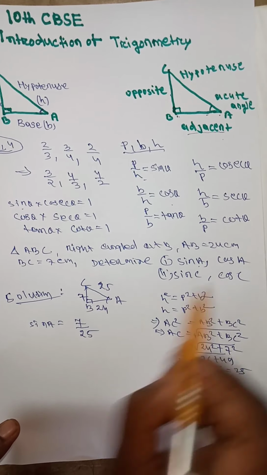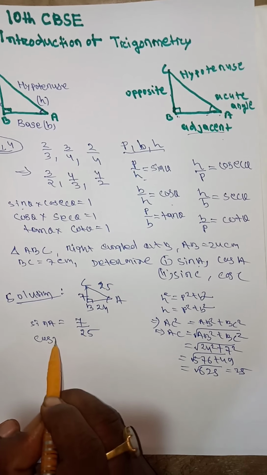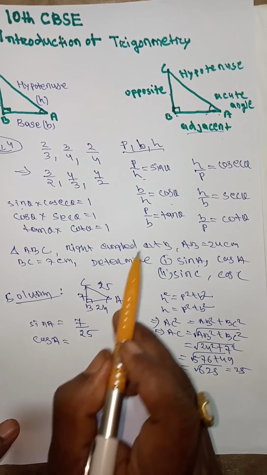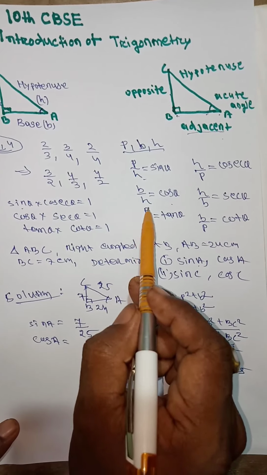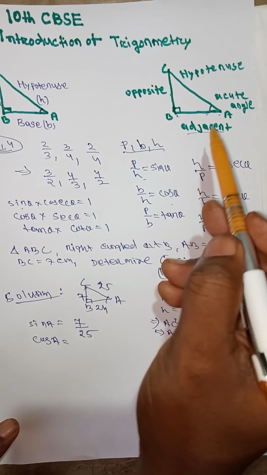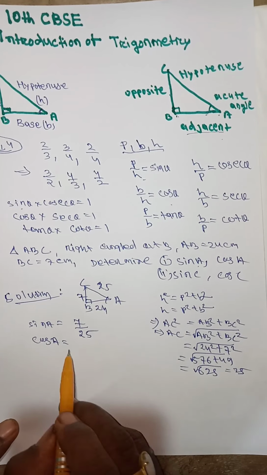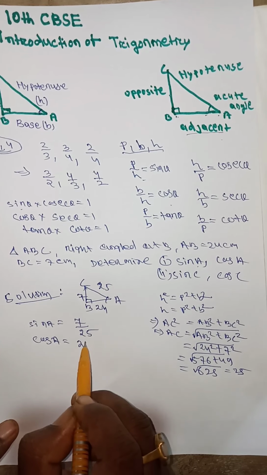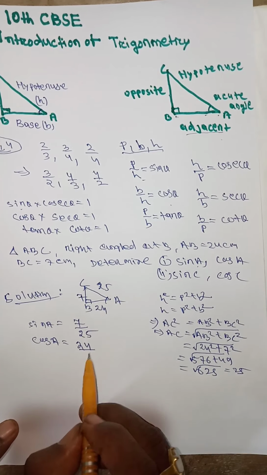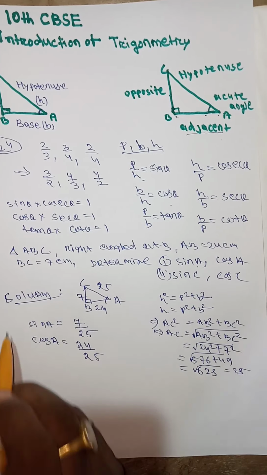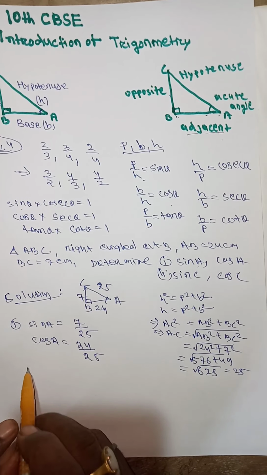Finish, sin A. And cos A is equal to B by H, or adjacent by hypotenuse. B is equal to 24 and hypotenuse 25. Finish the first part. Then second,